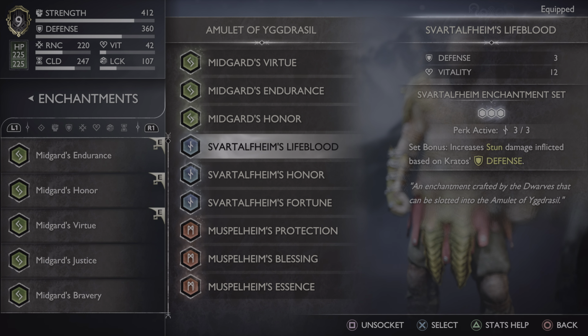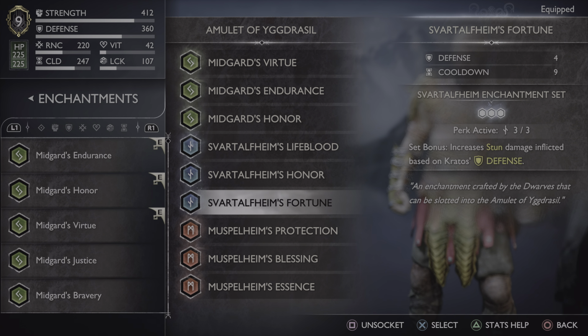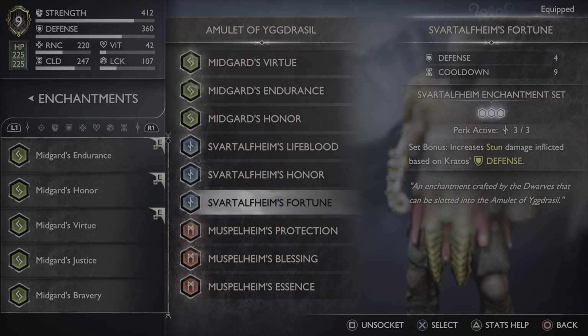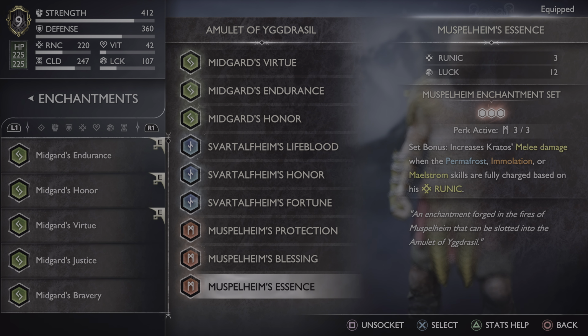Now we have the Svartalfheim set, specifically Lifeblood, Honor, and Fortune, which, in this case, increases stun damage inflicted based on Kratos' defense. So basically, with this build, the spear builds up a lot of stun, so you'll be wanting to use this. Now, we also have the Muspelheim set, specifically Muspelheim's Protection, Muspelheim's Blessing, and Muspelheim's Essence, which